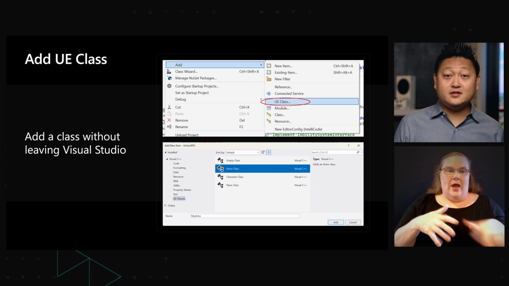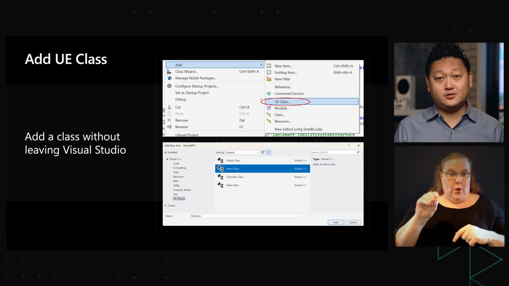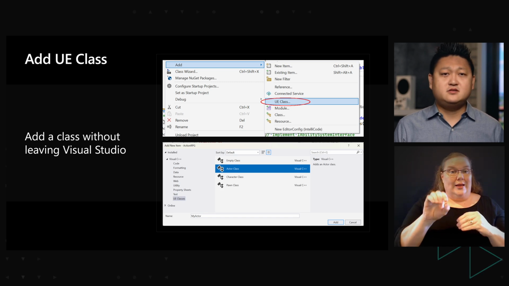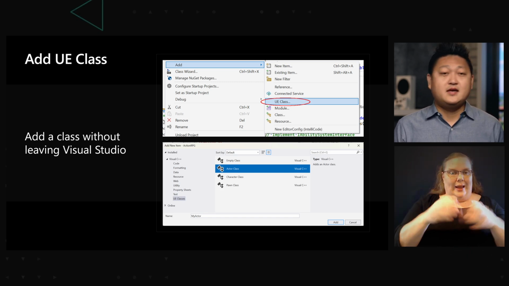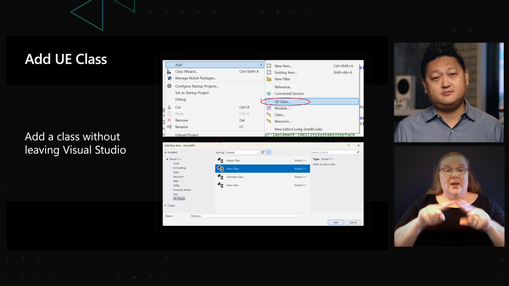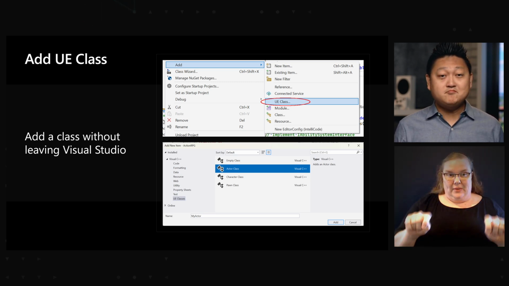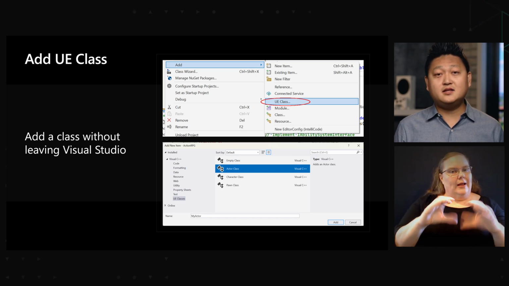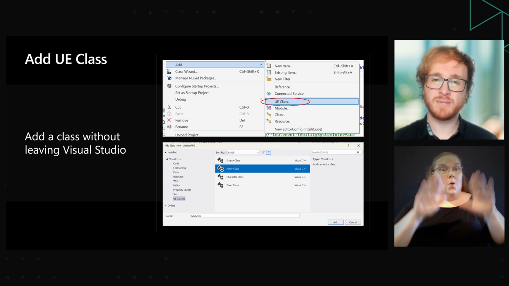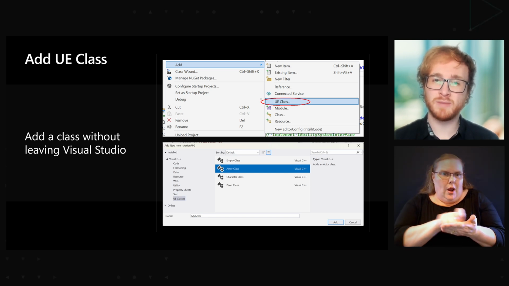You can simply right-click on your project in the Solution Explorer, then click Add UE Class to open the Add New Item wizard. In the pop-up window, you can select one of 4 default templates. Once you give your class a name, Visual Studio will automatically add the class for you. Great! No more having to write out the same UObject class code every time I want to make a new